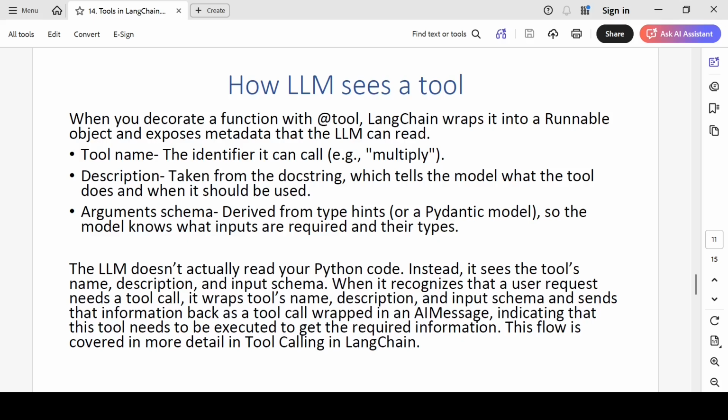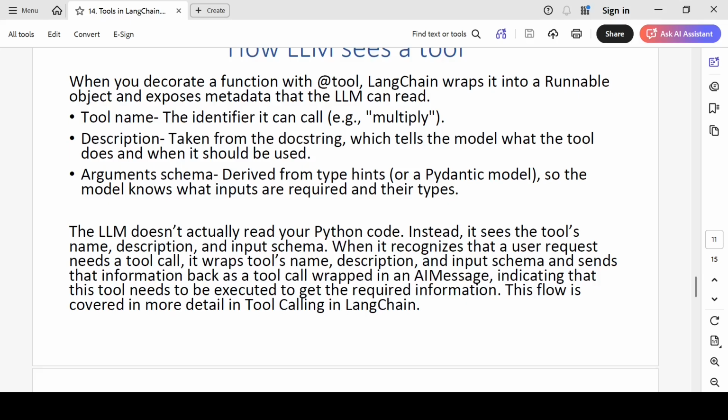And it also exposes the metadata that the LLM can read. So that also we have seen, what all metadata is associated with each tool: your name, description, arguments, everything. So that all is sent to the LLM so it can read.